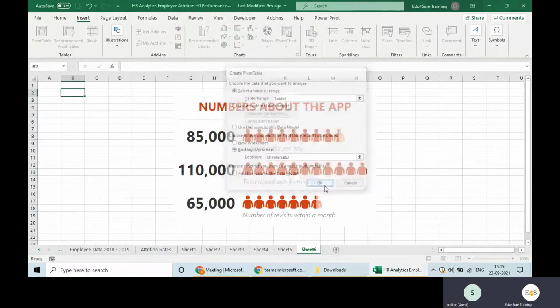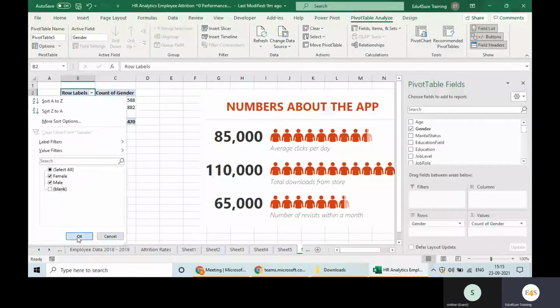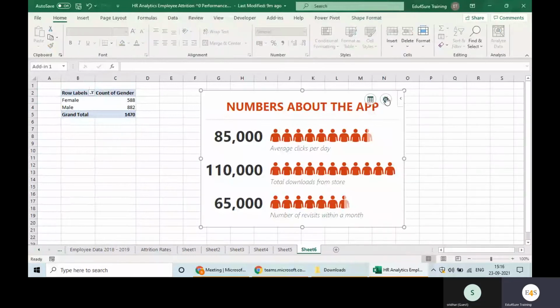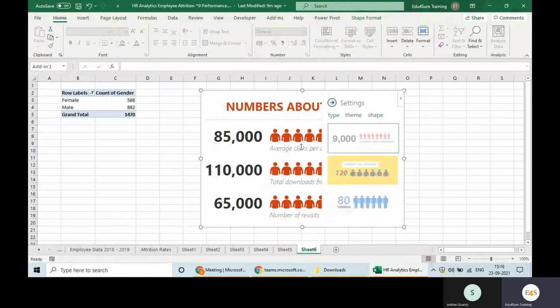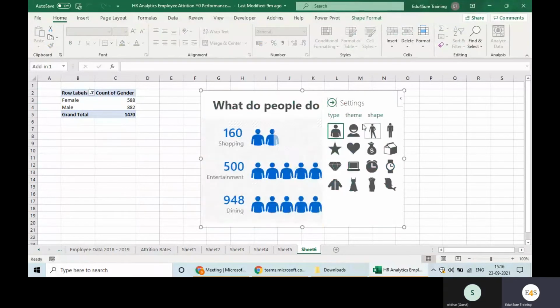With the male female ratio, right? Okay, now here you have two icons. First one is settings, second one is data, right? In settings, you can change the type, how it looks, and all that. Basically, everything related to the designing part.